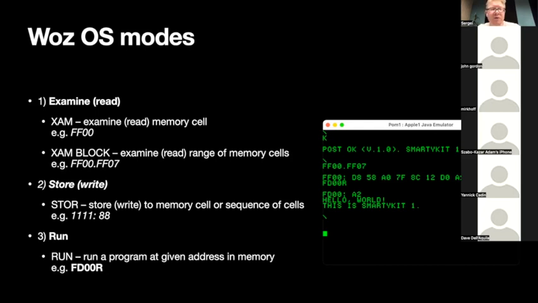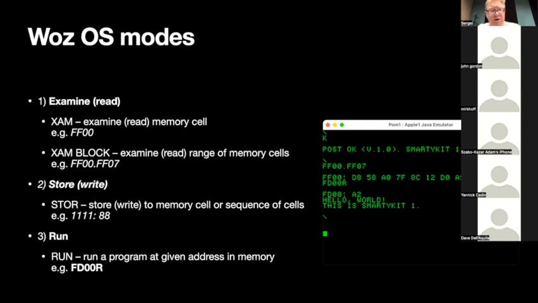So all in between would be examined and printed on the screen. Also, it has store mode if you need to change something. For example, if you would write some simple program in machine code, write to the memory cells, and then you can run it. And run is for sure the most practical command for a user, because in general we use computers to run